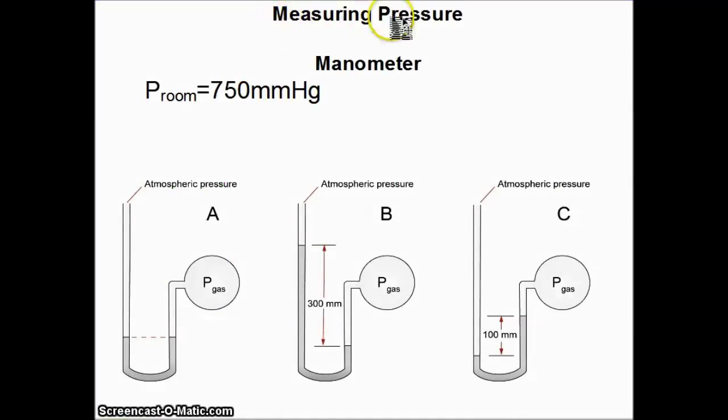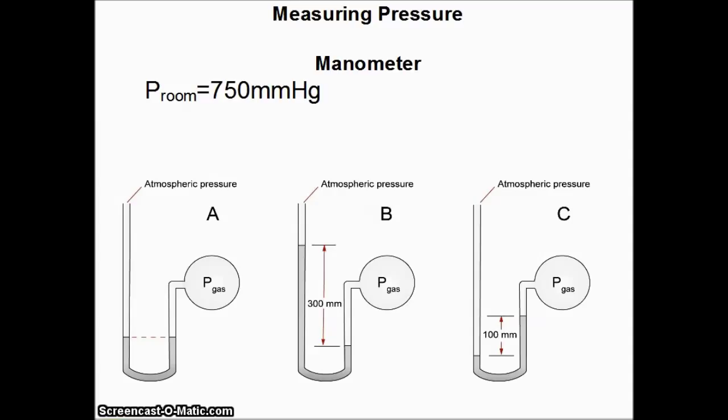Alright, so let's look at measuring pressure. One of the ways that we can measure pressure is with a manometer. With a manometer, you have a flask with some type of gas in there at some type of pressure. You also have here, this is mercury. And then you have an open end here where the atmospheric pressure is pushing in. So if we say the atmospheric pressure is 750 millimeters of mercury, which is a unit of pressure, and we look at this particular one here, we can see that these two levels are equal. So the pressure inside of this flask, the pressure of this gas, is equal to the room pressure, which is